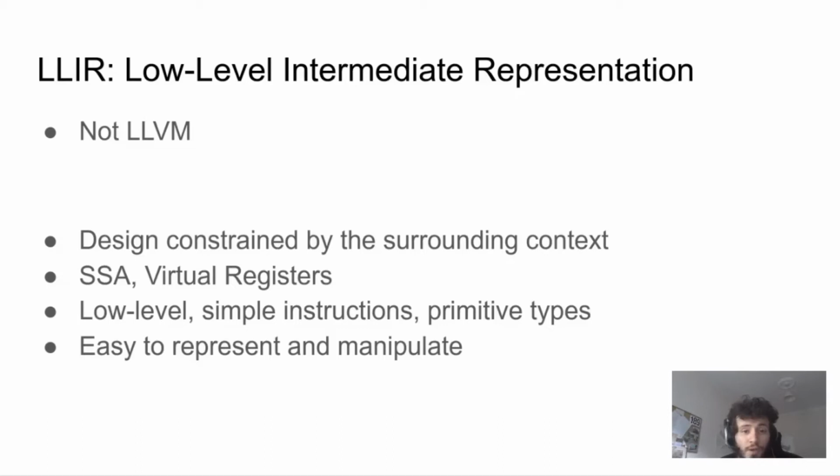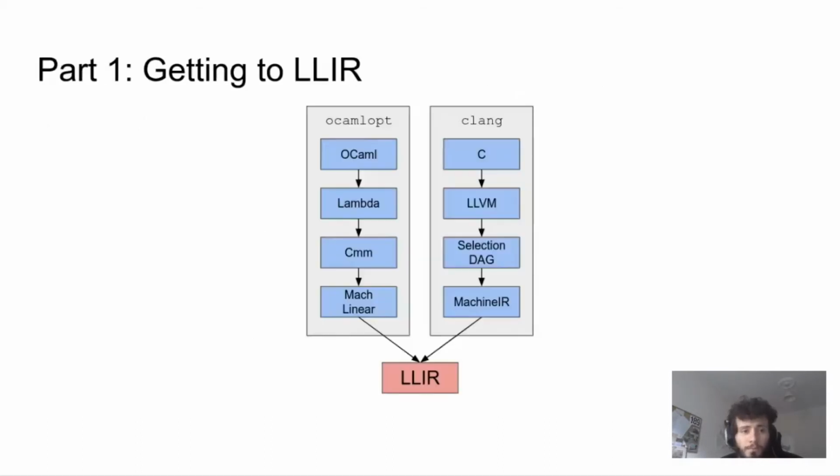It is less abstract and a lot closer to hardware. Why is LLIR low level? This choice is almost entirely constrained by the OCaml compiler and the intermediate representations found in Clang. OCaml first compiles to lambda form with closures, which have no direct equivalent in LLVM, requiring us to step one level down in the OCaml compiler. The next step is Cmm, which still has some high-level features, so we need to go down another level. We are left with building LLIR from Mach linear, which is essentially equivalent to machine code.